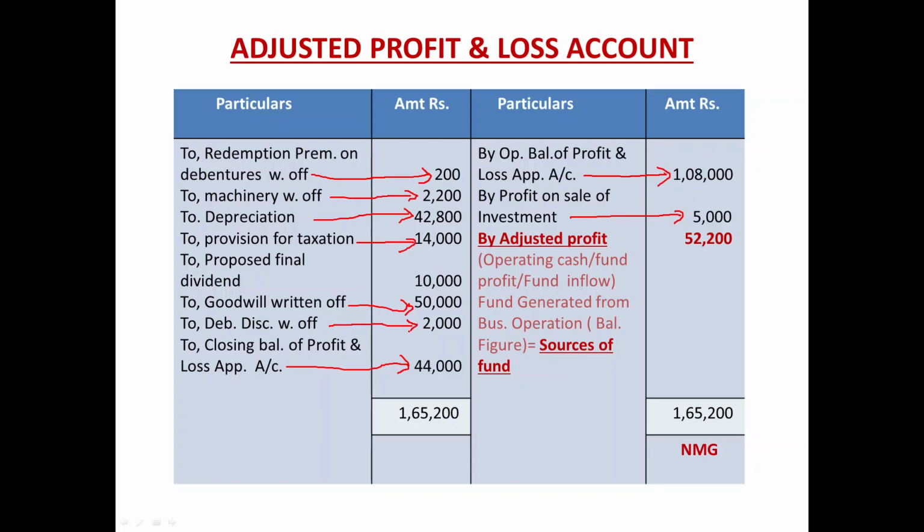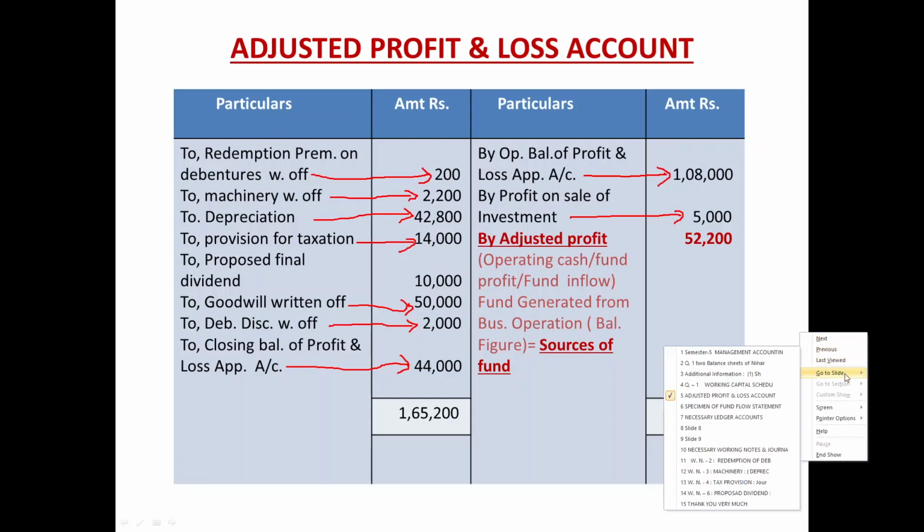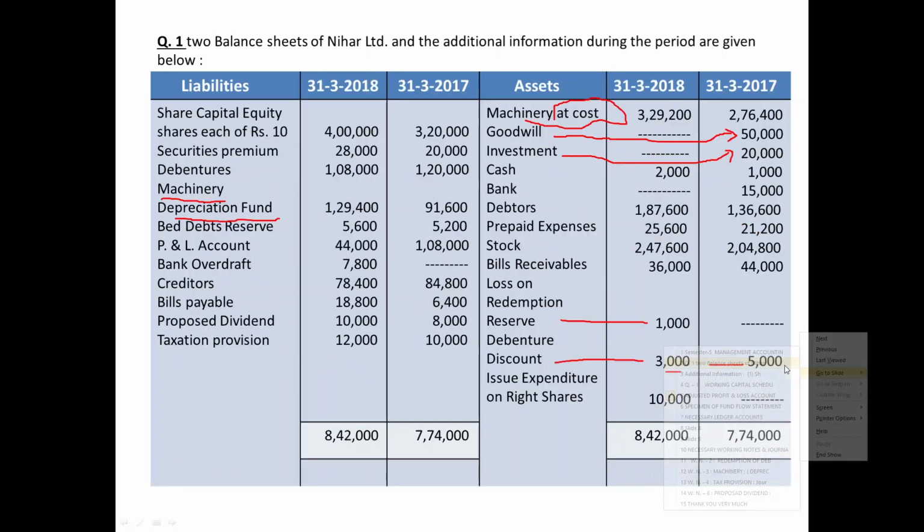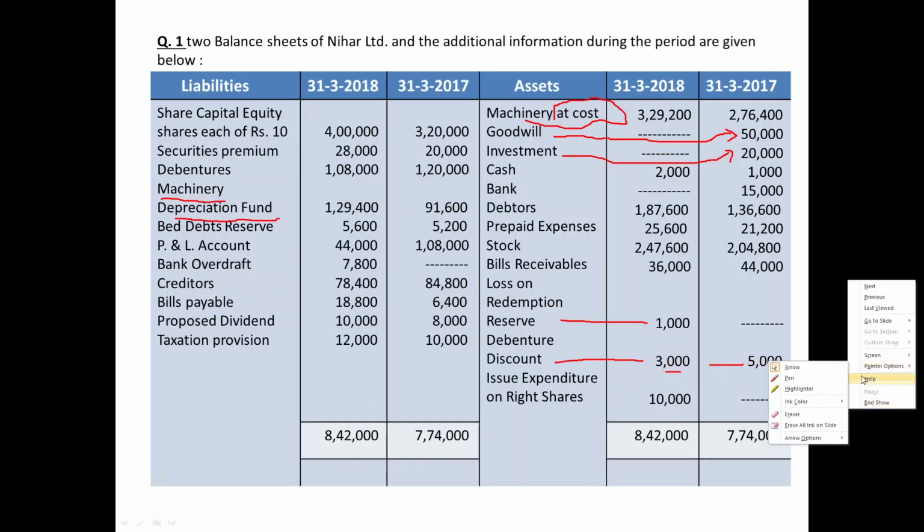Just by applying the concept of amortization, the company has written off a little bit of this fictitious asset, namely debenture discount. So the concept of amortization was applied. It was not a real cash transaction. So being a non-cash transaction, we adjusted it once again in the current year's profit by adding it back on the left hand side.